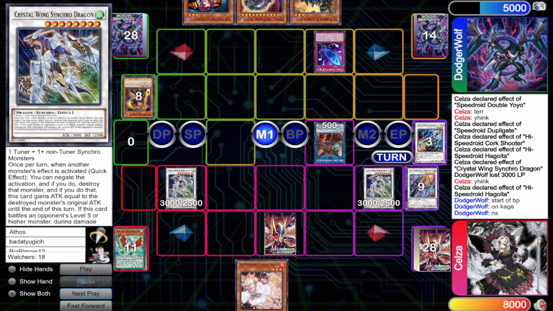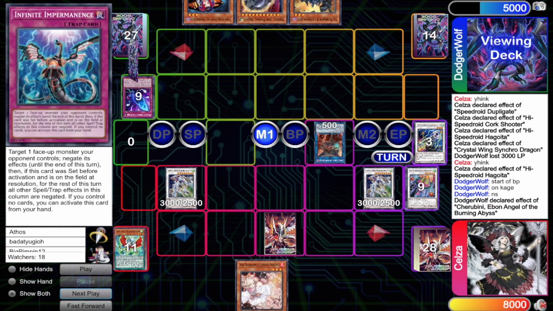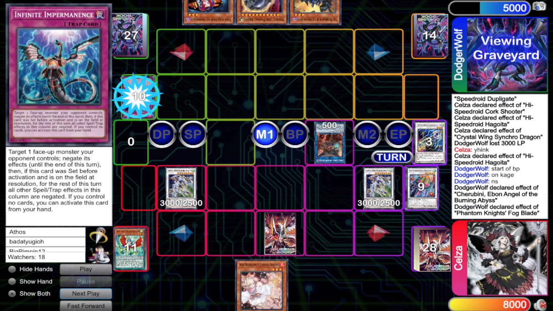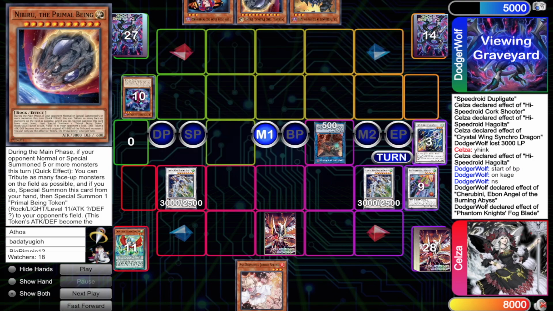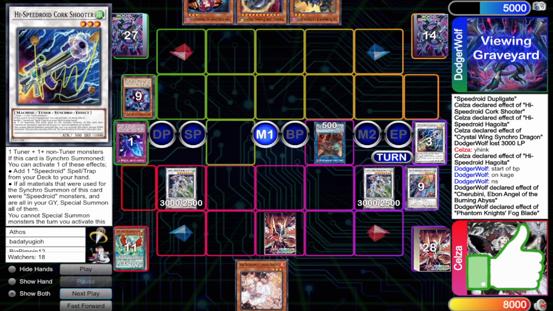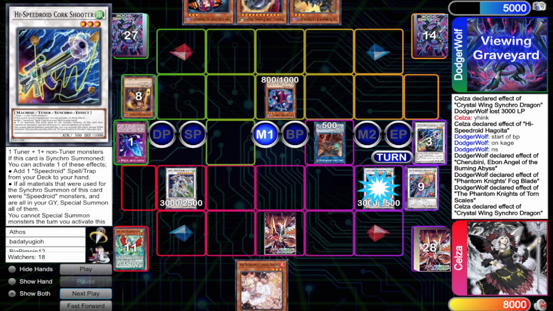So now Crystal Wing is not going to get rid of anything on the board, and as you're going to see, this is going to be very, very bad for me because I only have an Impermanent Ash, and these cards don't really do much against this. Once the PK engine gets rolling, Imperm and Ash don't really do anything against his deck. So I think the most important thing you're going to take out of this is that Compulse is super, super good against